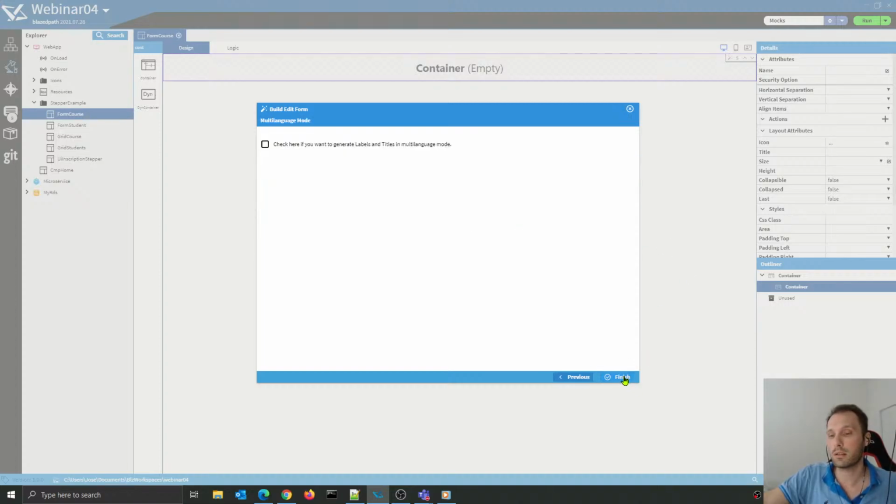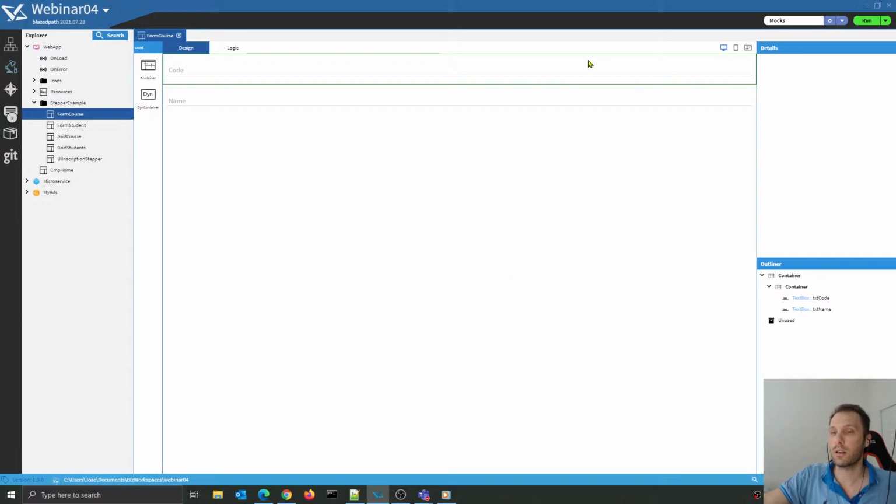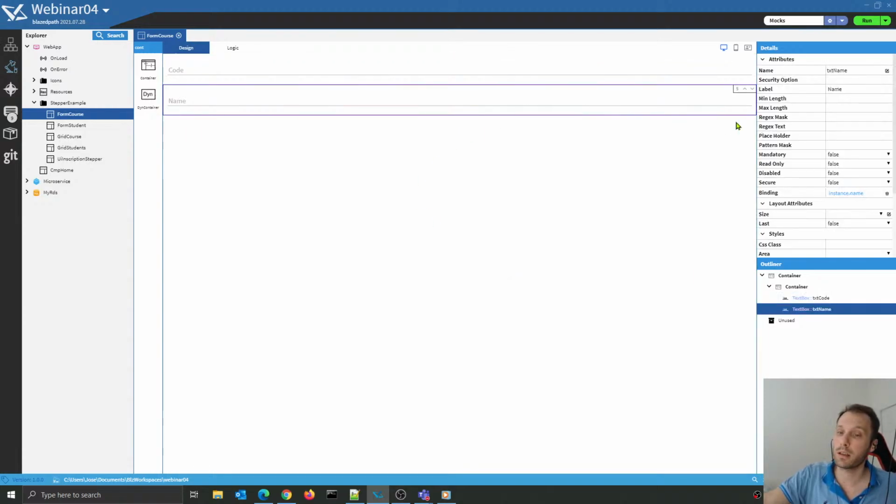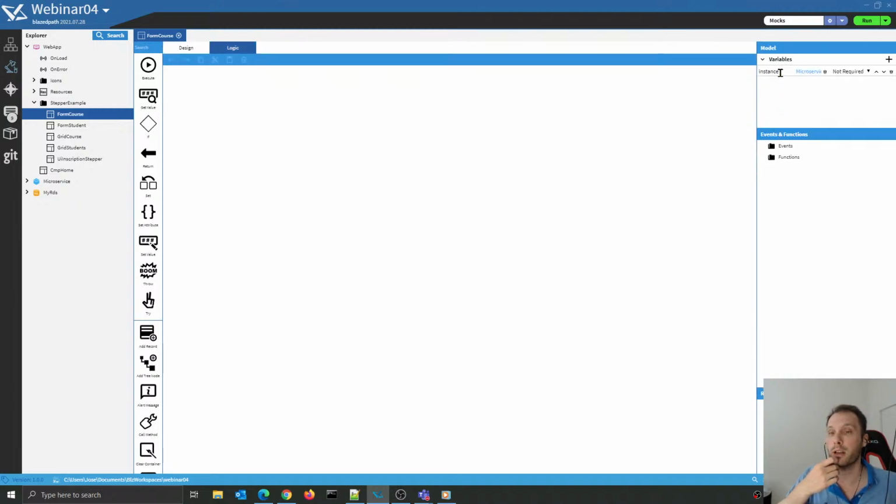Click on next, click on finish, and I have the form already made. There is one caveat: by default, Blazedpath creates the base object on the model because this represents information from the model of this screen. It creates it with the name instance, so we are going to go ahead and change the name of the variable. So this is the course,